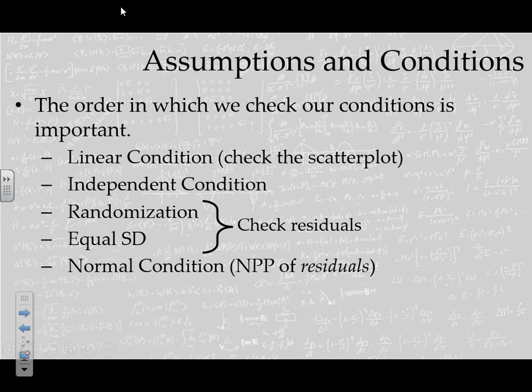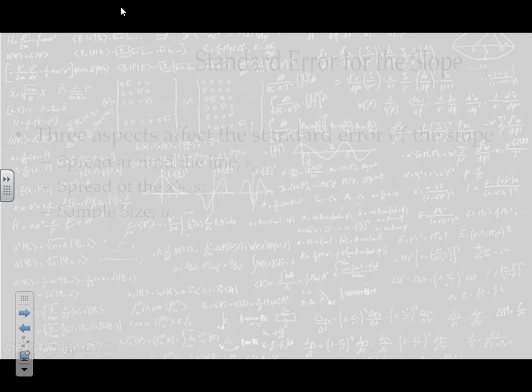So, lots of conditions to keep track of. Basically, you make a scatter plot of your data, check to make sure it's linear, mention something about individuals being independent of one another, check your residual plot, that gives you your next two, so the randomization and equal standard deviation, and then create a normal probability plot for your residuals to check your last normal condition. Okay there? All right, now,